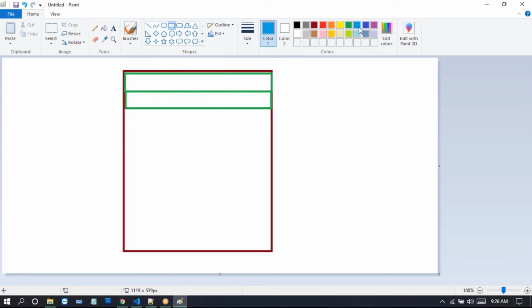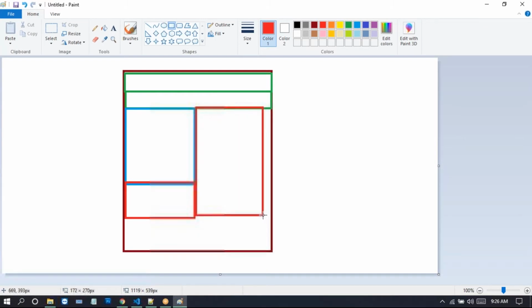Now I've changed the color and I'm drawing more boxes here. So this is the structure followed by the HTML.